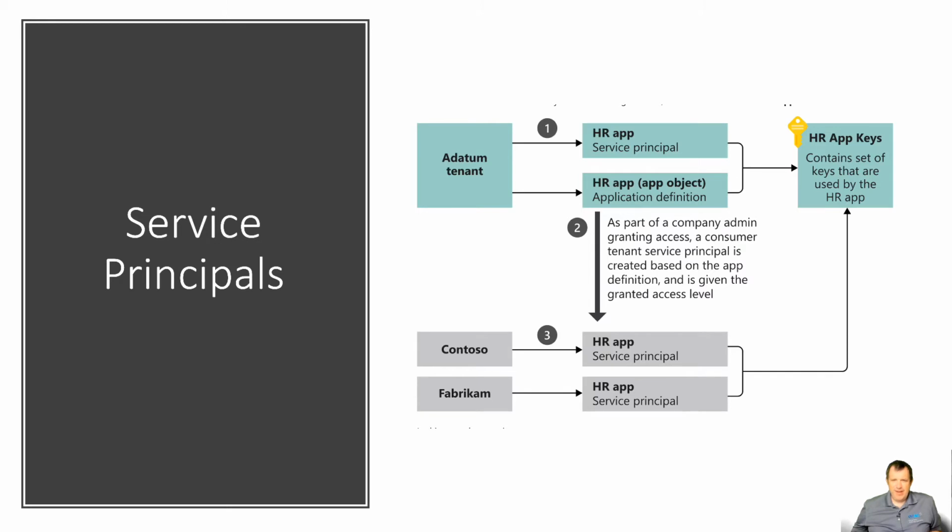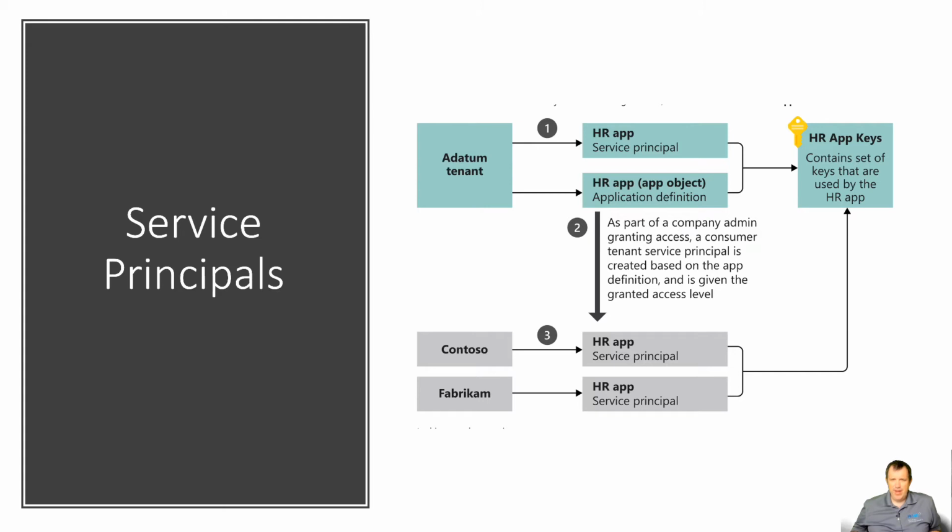We have ADatum, which is the tenant that's used to deploy by the company that developed the app called HR. We have Contoso, which is the tenant used by the Contoso organization, which is a customer of that HR app. And we have Fabricam, which is another AAD tenant that's used by the Fabricam organization, which is also a customer